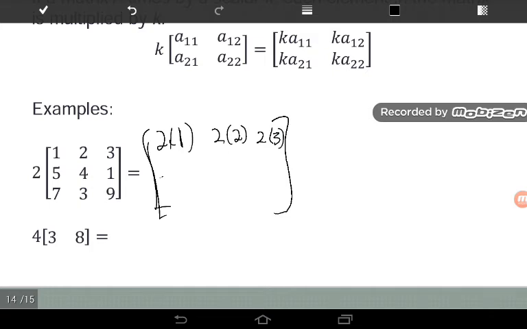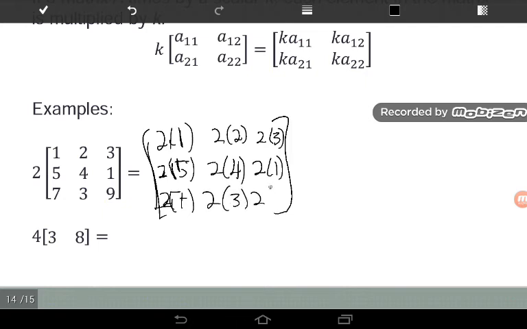Next, 2 times 5, 2 times 4, 2 times 1. Next, 2 times 7, then 2 times 3,